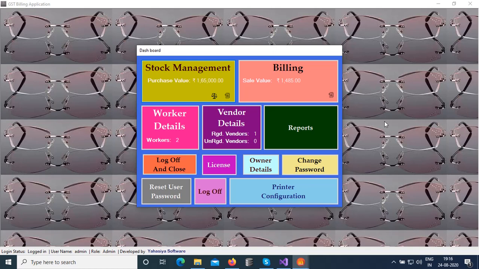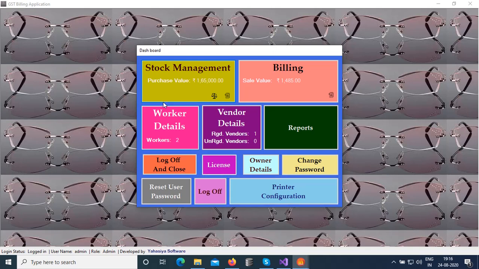In those cases, they need a feature or a mode in our software to work in the normal computer billing. That means there won't be any tax in the software itself. We will just bill them and generate the invoices. That is their expectation. I fine-tuned my software to meet that expectation.